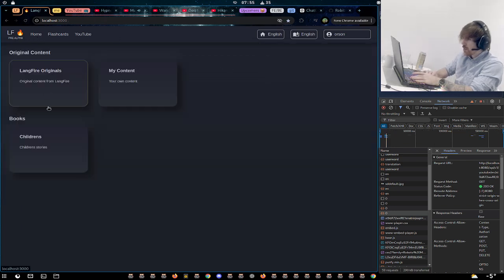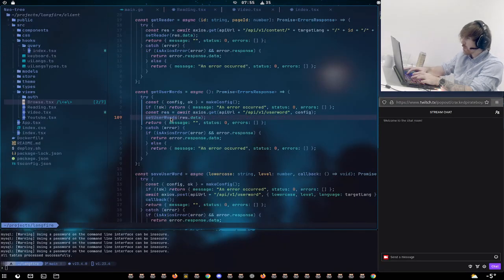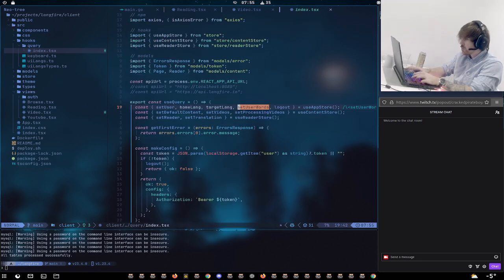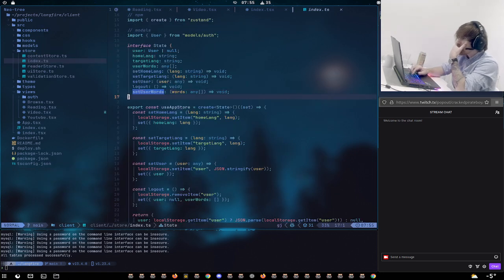So I know that when I'm on this, those user words are in the App Store from set user words here. And when does it clear them?